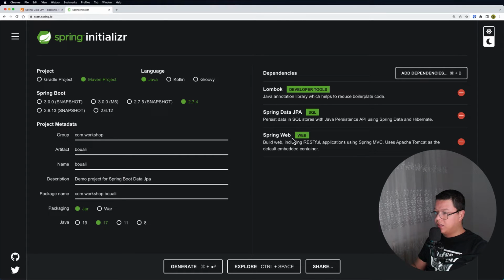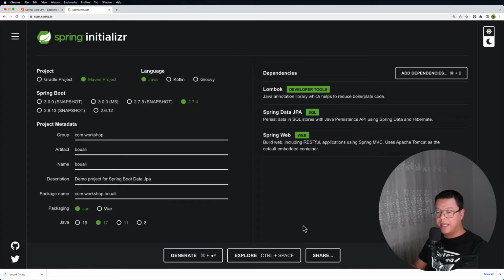So these are the dependencies that we will use for our project, and all we need to do now is hit the generate button, and you will also have the code available on my GitHub repository. All right, so let's generate the code and move to the next part.